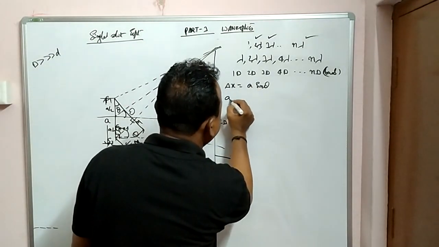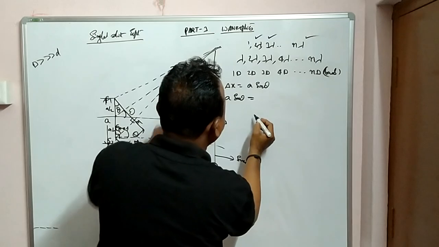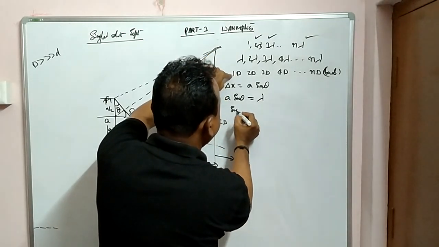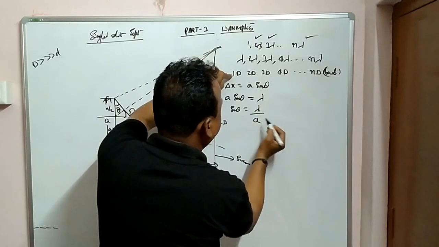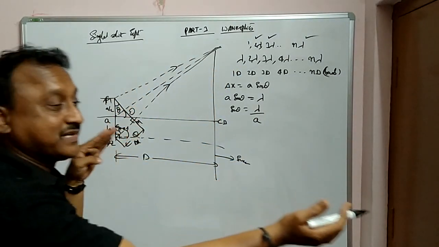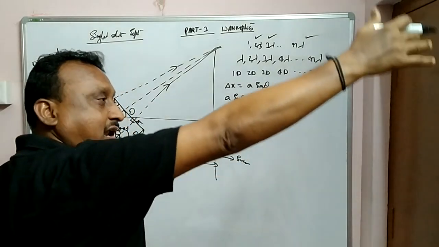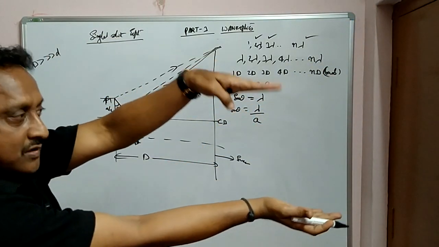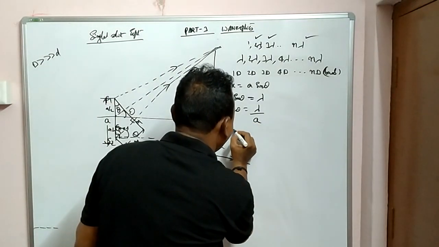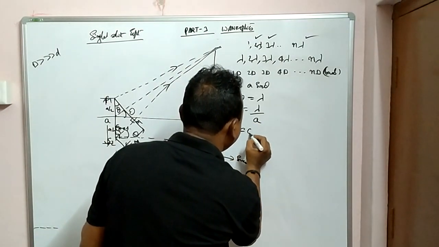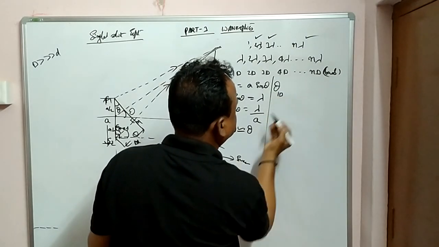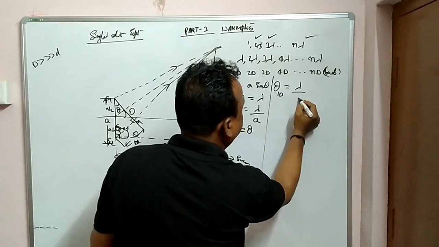Now here what happens? a sin theta becomes equal to what? The path difference, for first dark, lambda. And sin theta is equal to lambda by a. And as I told you, this distance capital D is very much larger than small d. When it is very large, what happens to the light rays? Almost it is very small. That means the angle is very small. So sin theta can be almost equal to theta. Therefore, theta for first dark is equal to lambda by a